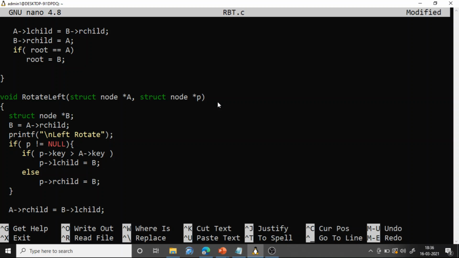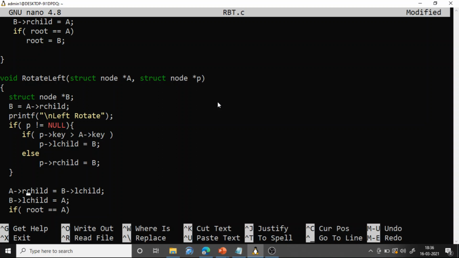Why do we need its parent? Because when you are rotating, say for example, node A to the left or right, then the B node, which was previously the child of A, will come up. Now B should come as which child of A's previous parent? That we don't know.